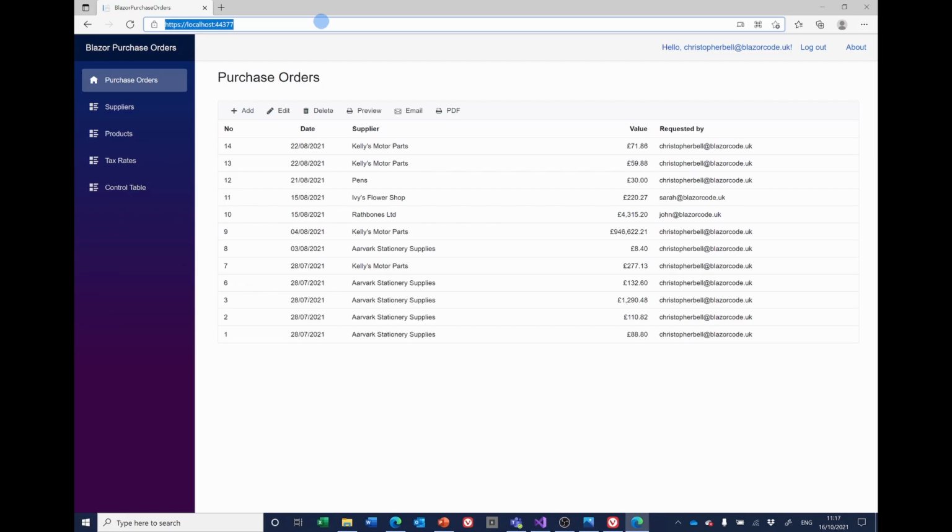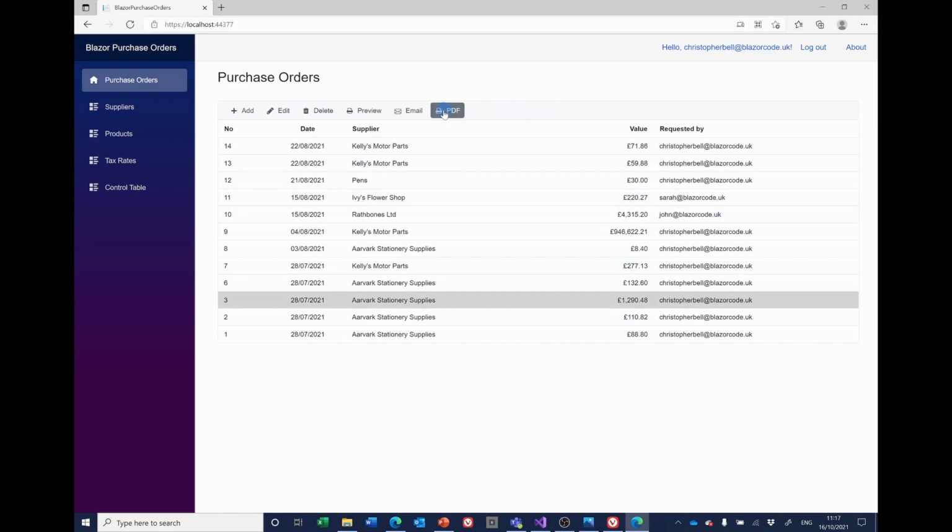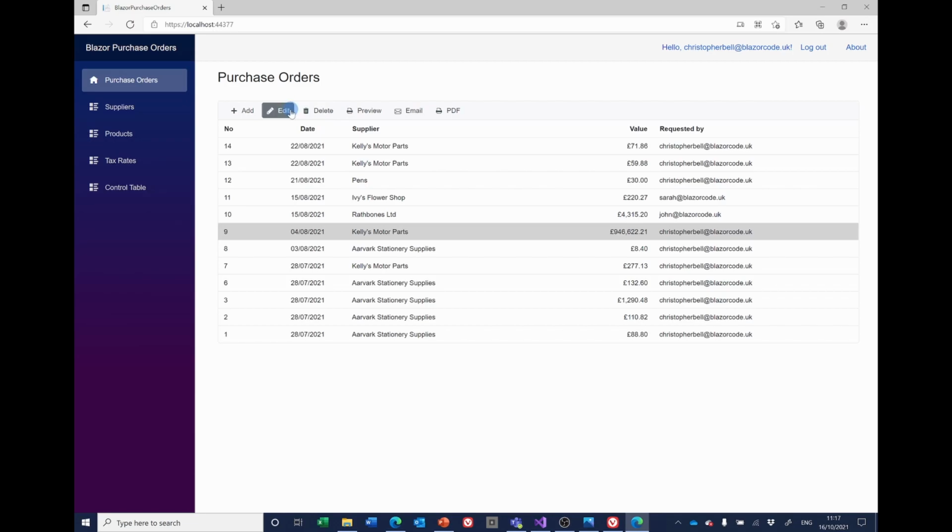right, so we've got our purchase orders. We've got a new button that says PDF. If I select one of the orders and click PDF, it's not very elegant. It just does it. I haven't put any toast in there to say what's happening. I'll choose another one. This one has got a great many lines on it. If we look at that,